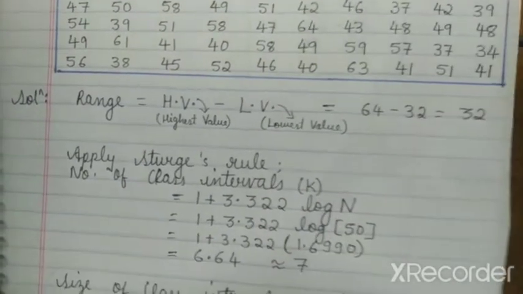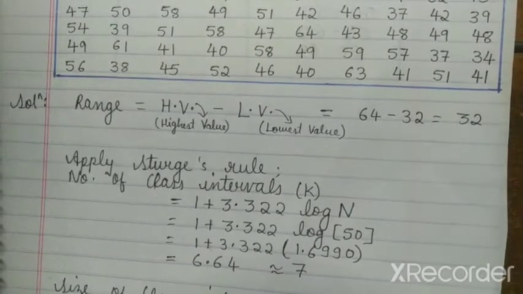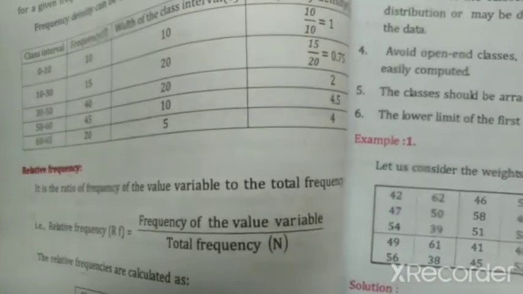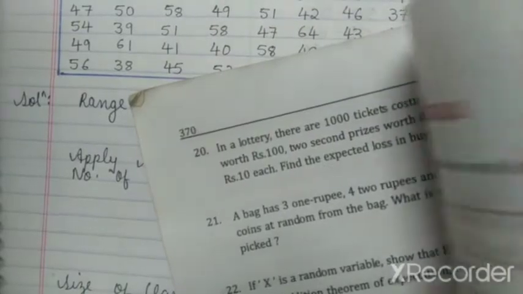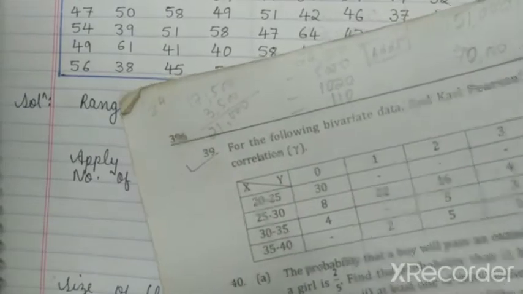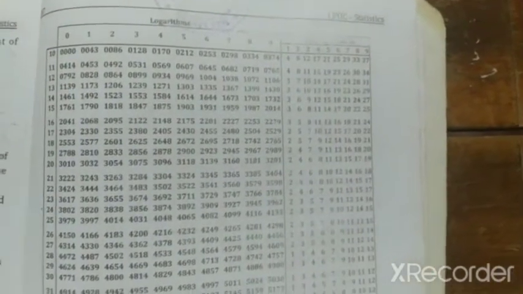Log of 50. So when I'm talking about log of 50, how many digits are there? Here there are 2 digits, that is 5 and 0. So definitely it will be 1 point something. Now I'm going to my statistics table, that is the logarithm table, and the number there is 50. I'll just show you this. This is the log tables, and in this, if you see, the values which are there are